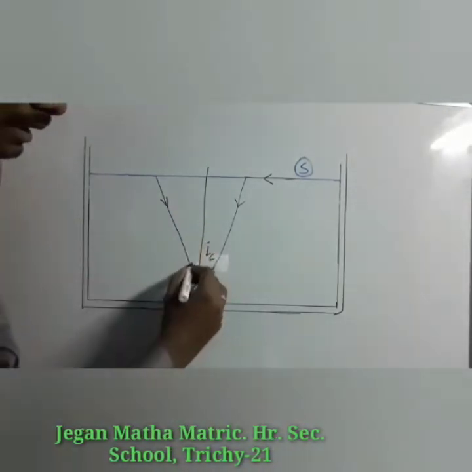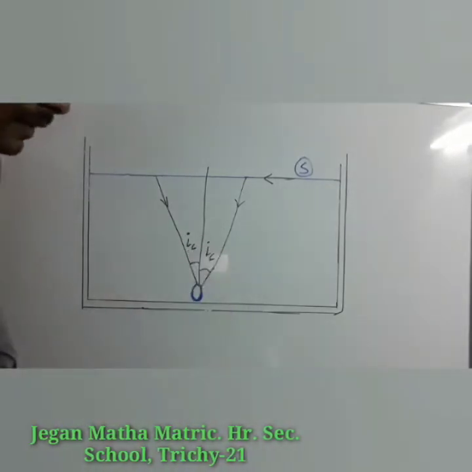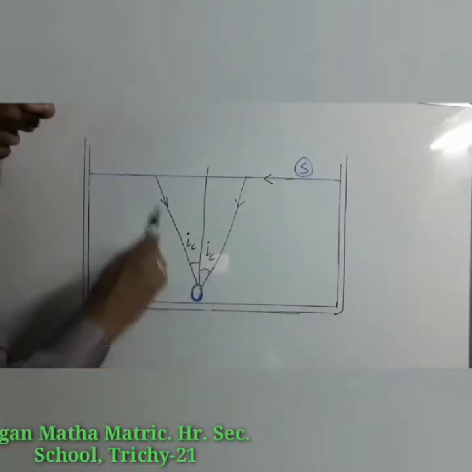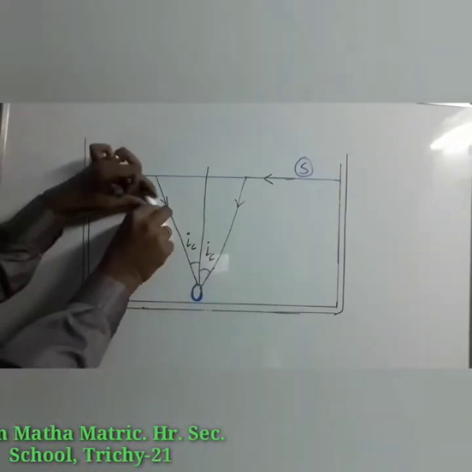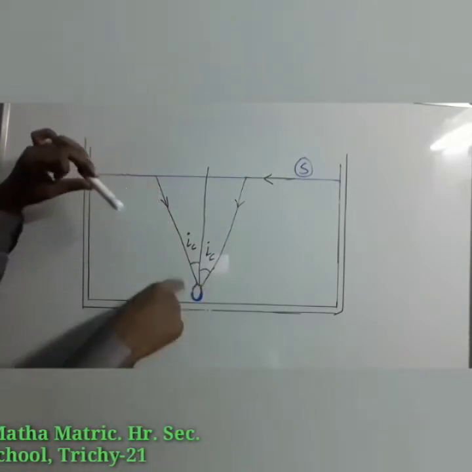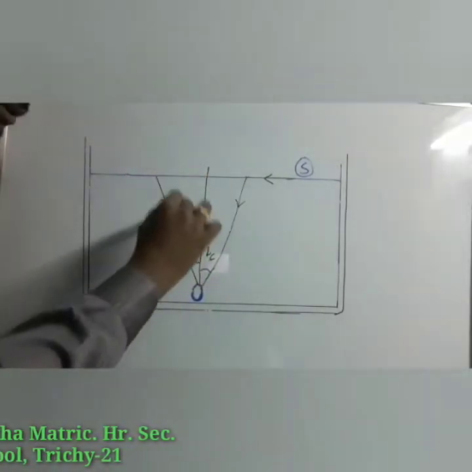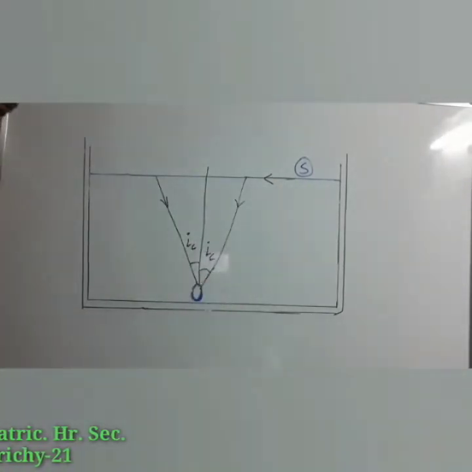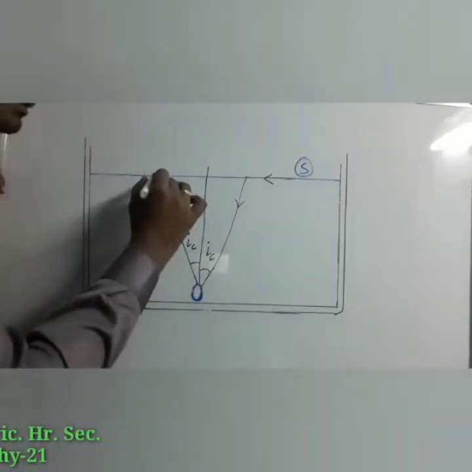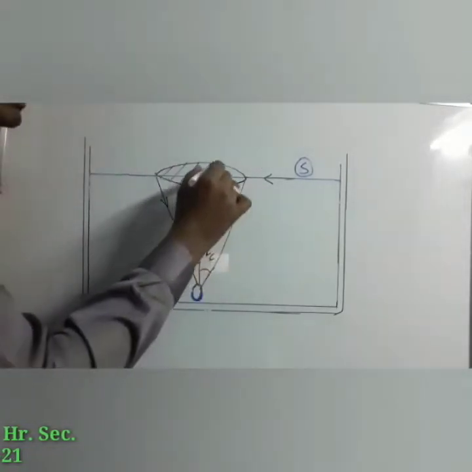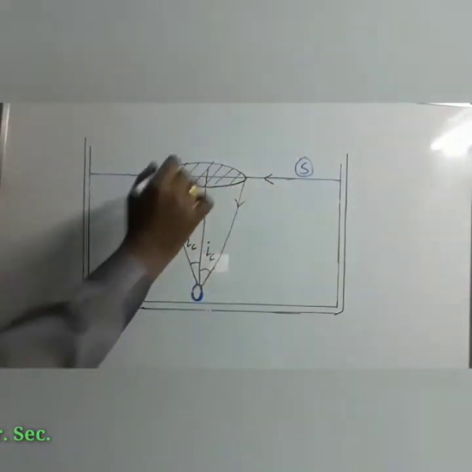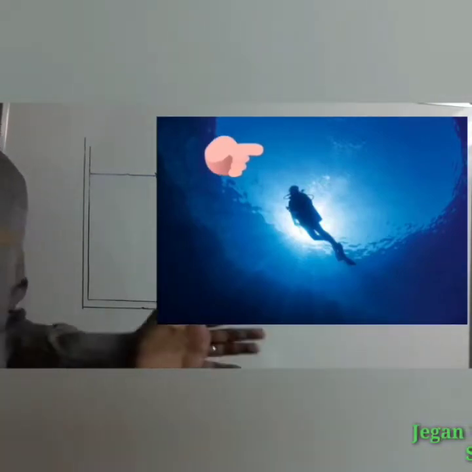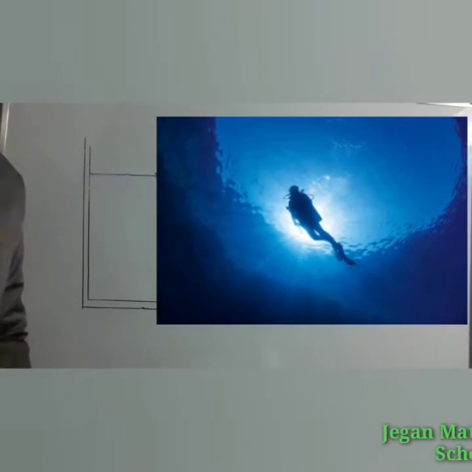Here is a light ray that makes the angle IC. This light ray will be visible to the observer, and the light ray which makes an angle more than the critical angle will not be seen by this observer. So here also the in-between light rays enter the water and can be observed by this observer. So like the previous case, the observer can see the restricted circular area which is known as Snell's window. Here you can see a photograph of Snell's window which is taken inside the water.